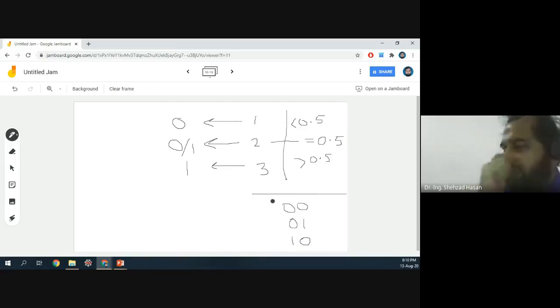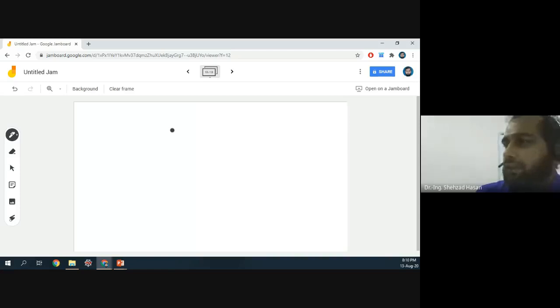So why 3 bits in this case? Now the tricky part is this 0.5. Now what happens when you are going to shift numbers to the left, to the right, sorry. So if you have got a number like